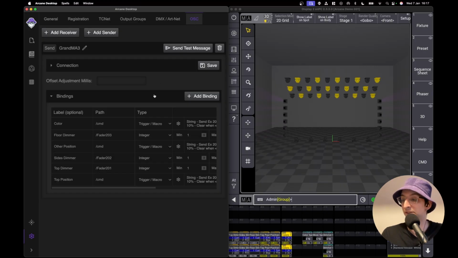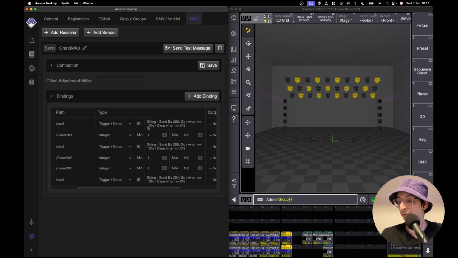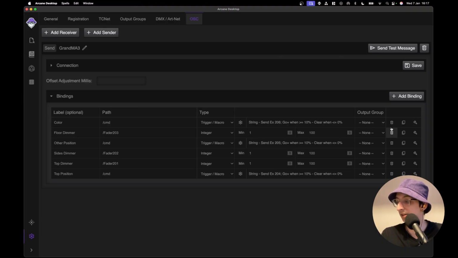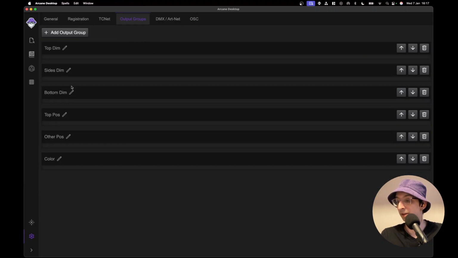So now we go back to OSC, make sure that we assign all of them correctly. I'm just going to make this a bit bigger to make it a bit easier. So color needs to be assigned to color. Floor dimmer assigned to bottom dimmer. I should rename that. Other position, sides dimmer, top dimmer, top position, top position. I'm just going to rename that output group here to